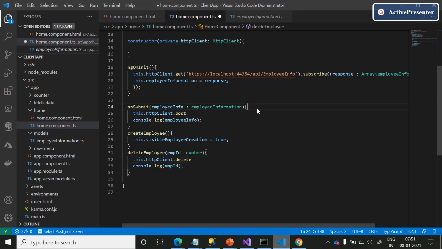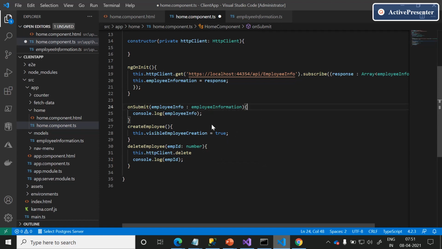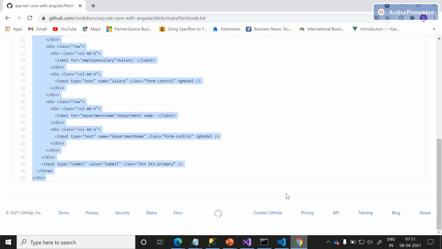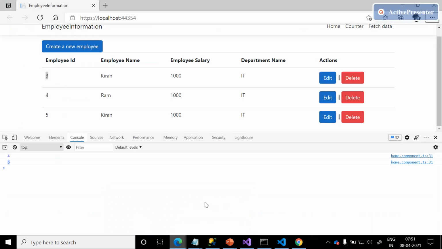In our upcoming session, we'll try to communicate between client and server and see how we can add, on click of create new employee while it is taking operation from the server, a loading icon to show the user to please wait for some time until the insert operation is done.